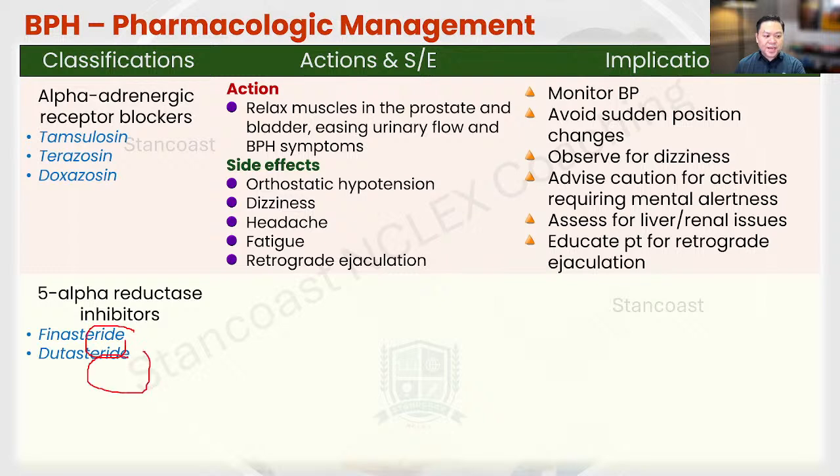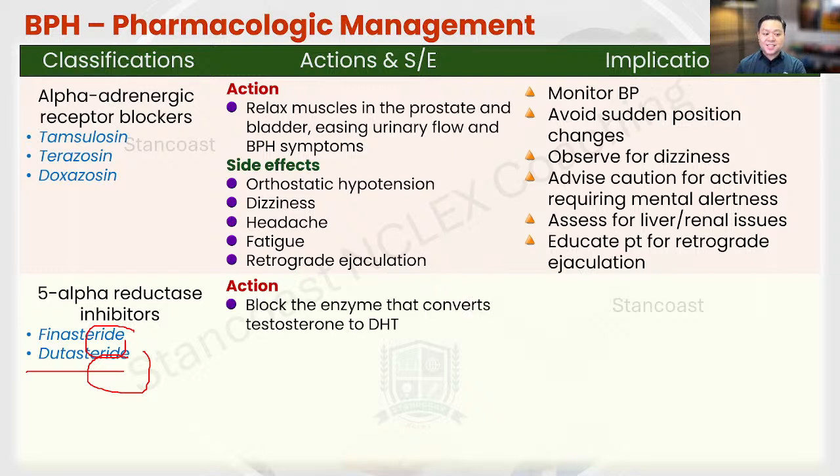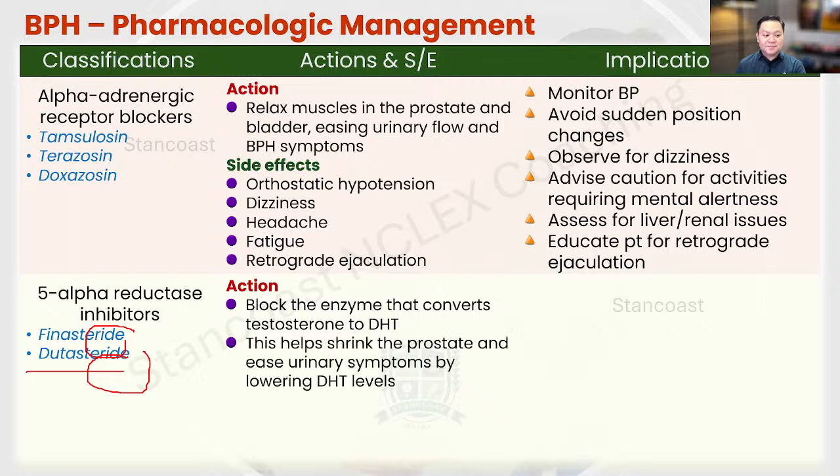Dutasteride, finasteride. Those are the 5-alpha reductase inhibitors. And so these kinds of medications will actually block the enzyme that converts testosterone into DHT. That will enable the prostate to shrink and also ease the urinary symptoms by lowering the DHT. And so this is going to be an effective medication to facilitate reduction of